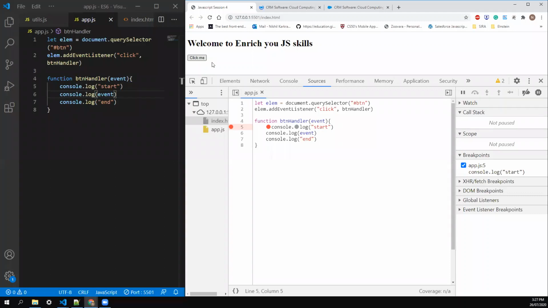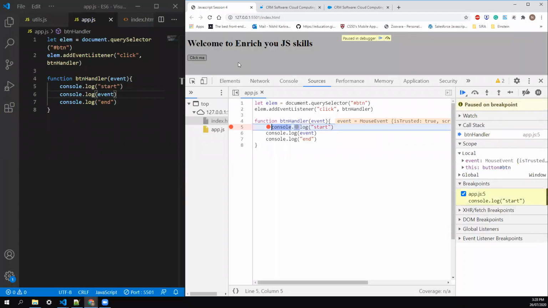But if you want to put the debugger on the next line and jump to the next line, there is a step over next function call. So if I click it, it will go immediately to the next line, then the next line, and it will pass our execution. This is one of the easiest ways of debugging. Initially it takes time, but once you are very good at debugging, it helps a lot, because here you can check what's the local scope of the event, what's the global scope, what all the debugger points we are using, and what all the global listeners are, if there are any in the project. So these are pretty cool tricks that you can use in debugging.